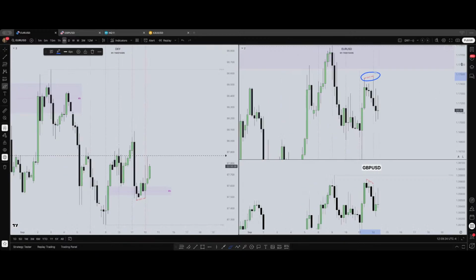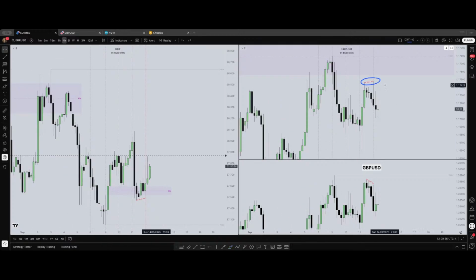Also, if you measure this retracement, you will see how perfectly price is respecting the optimal trade entry. This midpoint between 0.79 and 0.62, which is 0.705, is a perfect entry to take a short. So that was my analysis this morning, and in fact I'm already in the trade.